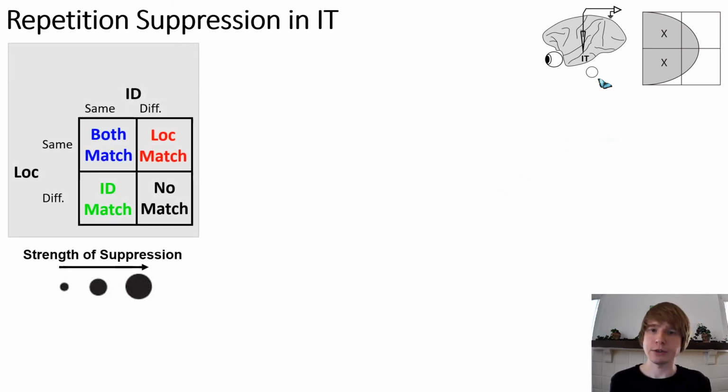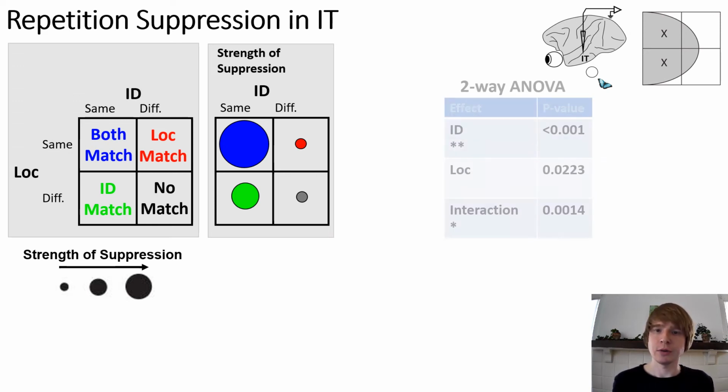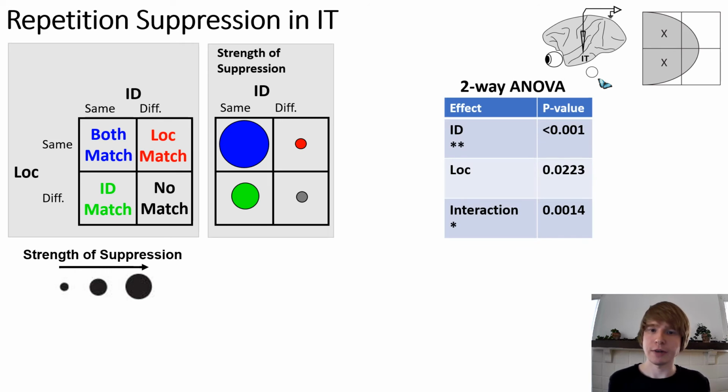Going back to the 2x2 diagram, I've schematized the results from IT, with the size of the disk representing the strength of suppression measured as the difference in firing rate between the prime and the probe 100 to 250 milliseconds post-stimulus onset. I then took the mean normalized strength of suppression and subjected the data to a two-way analysis of variance, which revealed a significant main effect of identity but not location, qualified by a significant interaction effect, whereby the